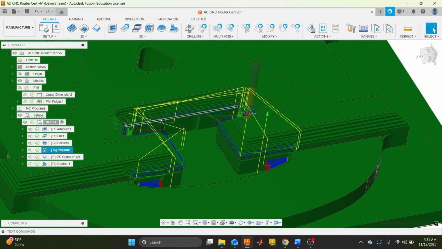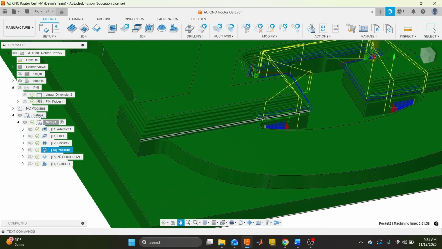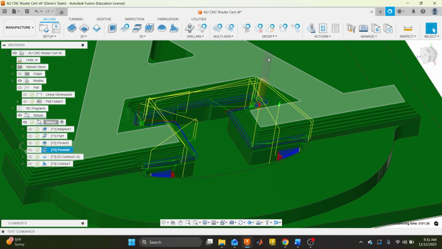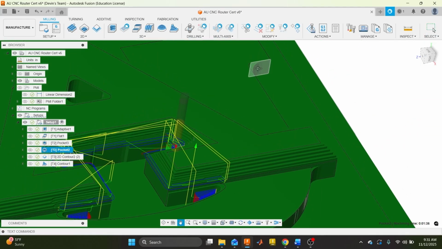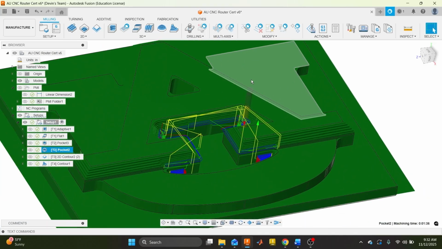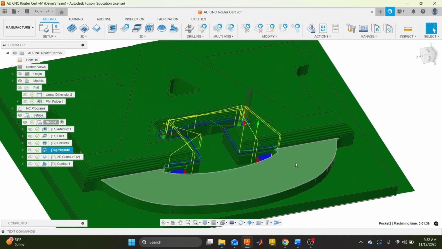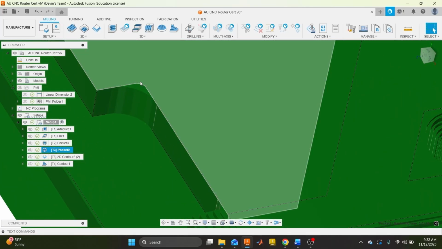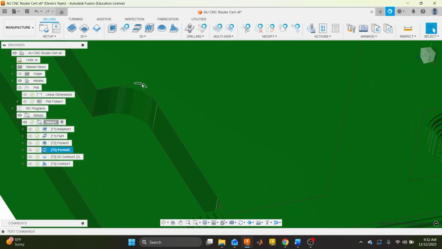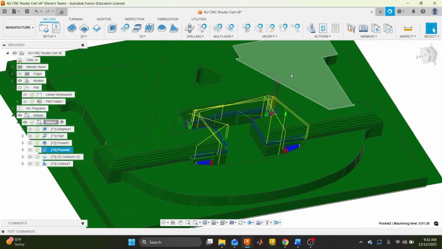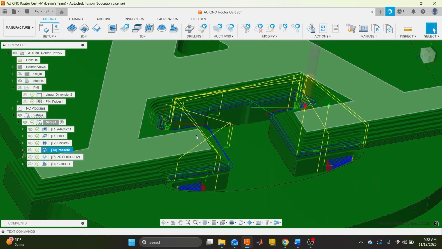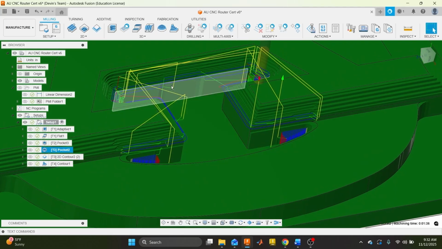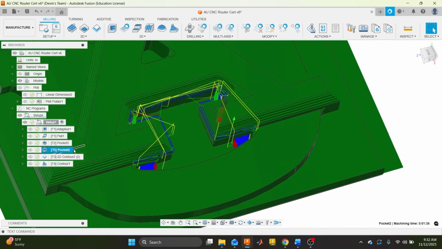One big thing for design that I'll mention is if you have sharp internal corners, we don't have an infinitely small radius tool. Unless you're talking about an engraving tool, which technically still does have a small radius at the tip, you are not going to be able to machine perfectly sharp internal corners. That's why none of these corners are perfectly sharp. They have a radius, and the radius is actually an 1/8 inch radius, that way we can hit it with this tool. Anyways, I digressed a little bit, but essentially we're doing a pocketing operation here with our 1/8 inch end mill,